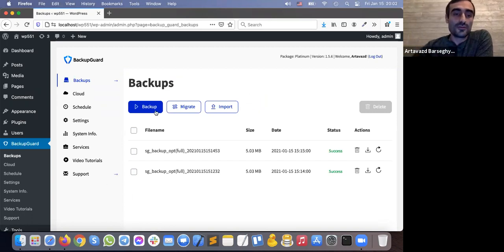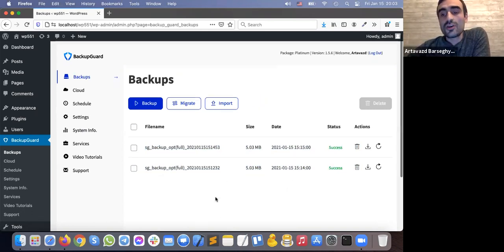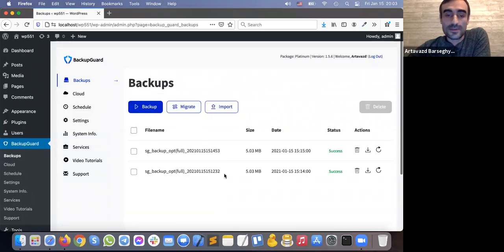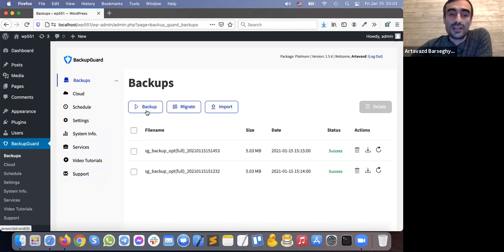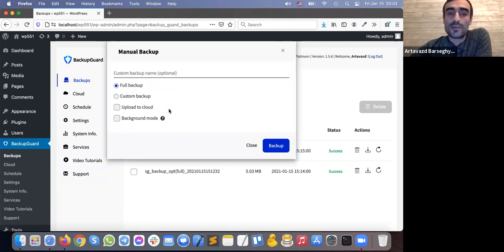So first of all, we are here in the backups section. And as you can see, I already have 2 backups. And this is where you are going to see the list of all your backups. And running a manual backup is as easy as going to here, the backup button. You click it, and a pop-up comes, which asks if you want to do a full backup of your website